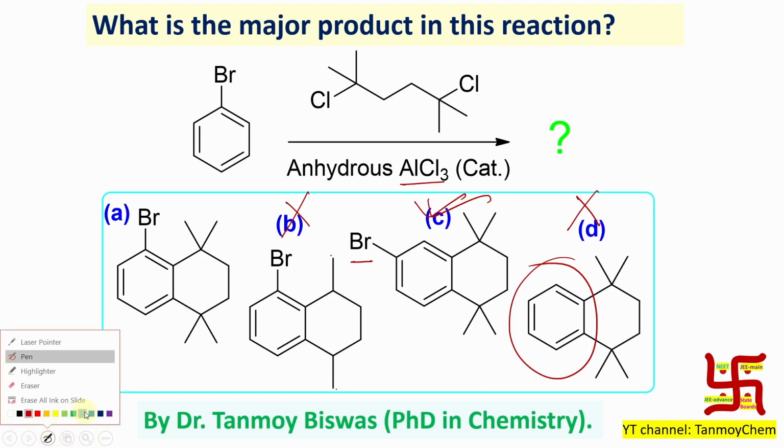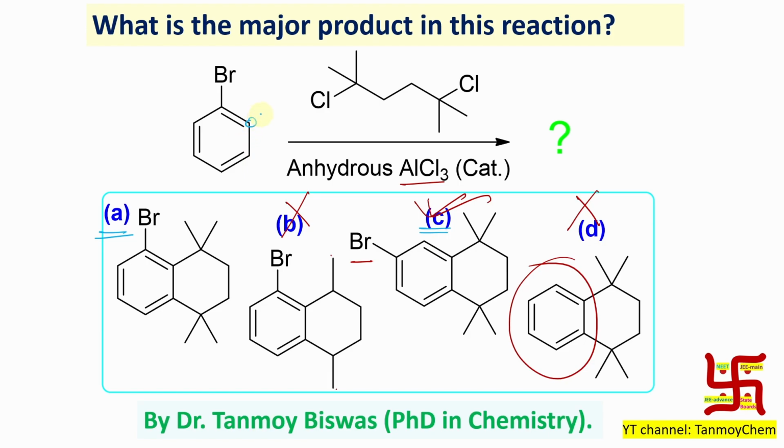Now this part we have understood. Now the confusion is option A versus option C. How can I get option A if the reaction starts from here? Now later on it can cyclize this way, but I explained just some time before that this ortho position is comparatively less electron rich than para. So the first Friedel-Crafts reaction will start from the para position. So obviously option A is gone. Which one is remaining? Option C. That's the right answer. Now you have to think this quickly, and for that purpose more study and more practice